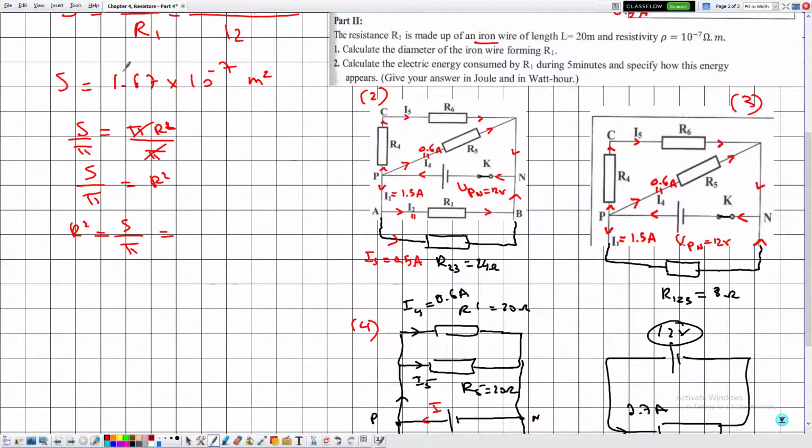The value of S is given by this, divided by pi. So r square is given by 5.32